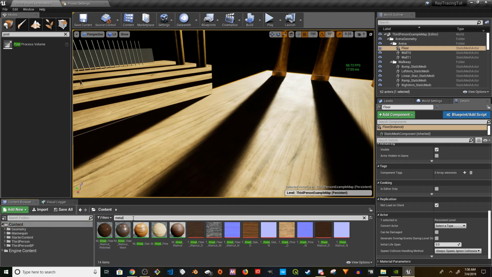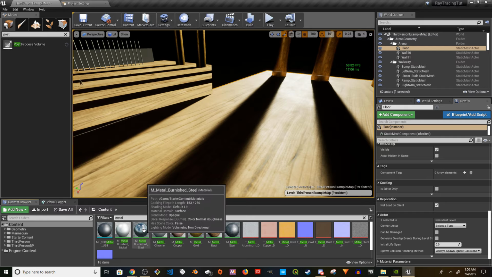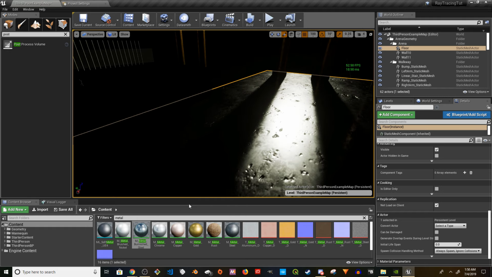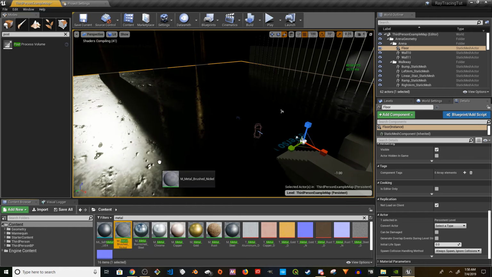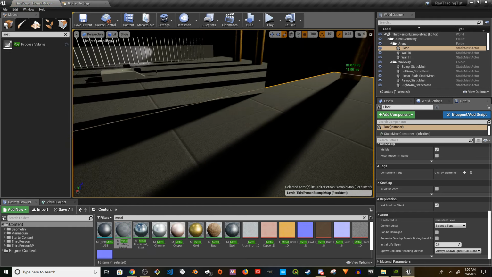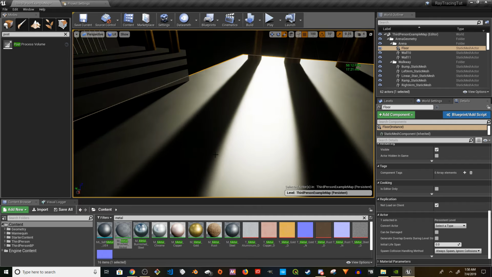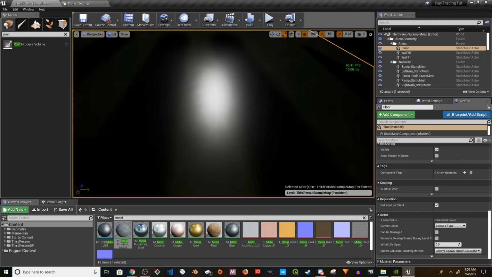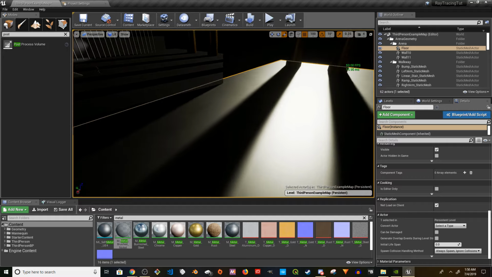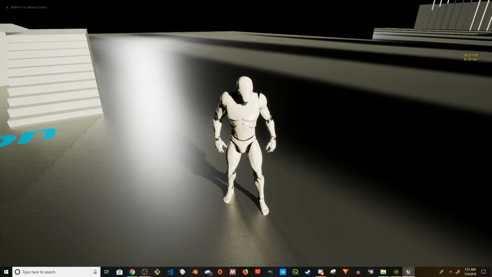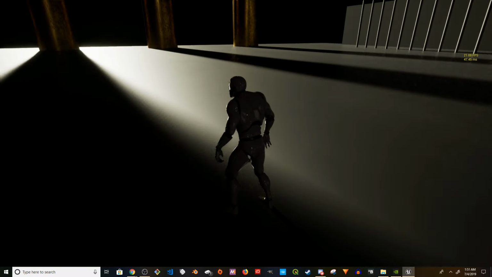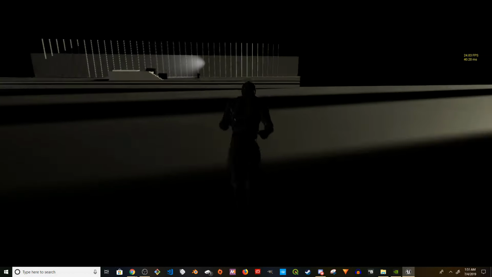So if I search for metal, I'm gonna try the steel, furnace steel. Let me see how this one looks. Oh my god, this is cool. I like this one very much. So shiny. Okay, so